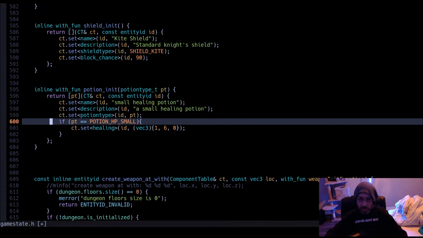And so we could have some other function later that, like small healing potion will always be like 1d6 or even 1d4. It'd be like tiny healing potion.